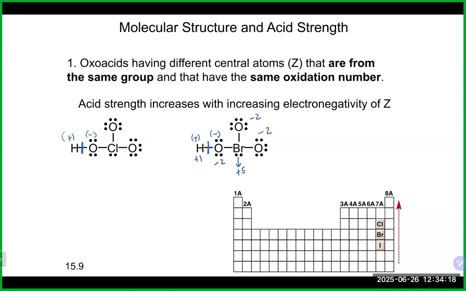If you do it for the chlorine over here, -2, -2 for the oxygens, +1 for the hydrogen. The chlorine here is also rolling there with a +5 oxidation state. So in this particular case, our central atoms both have the same oxidation state, which means you can't really use that to compare the two because they have the exact same number, basically. So in the case where your central atom has the exact same oxidation state, what we look at then is